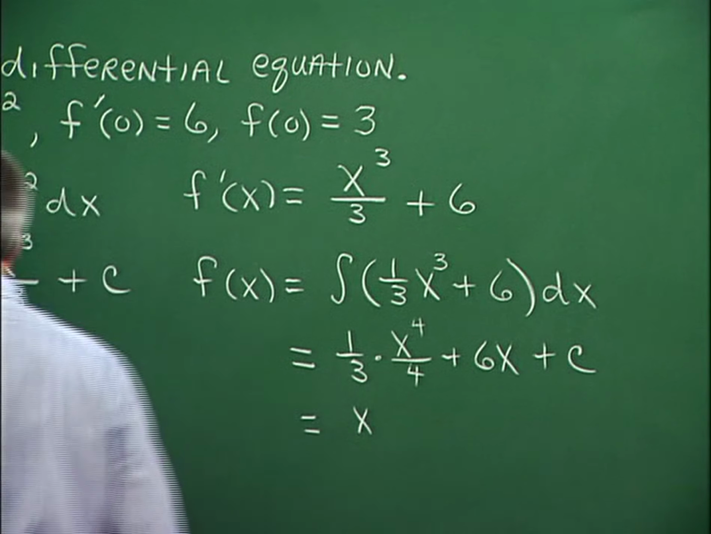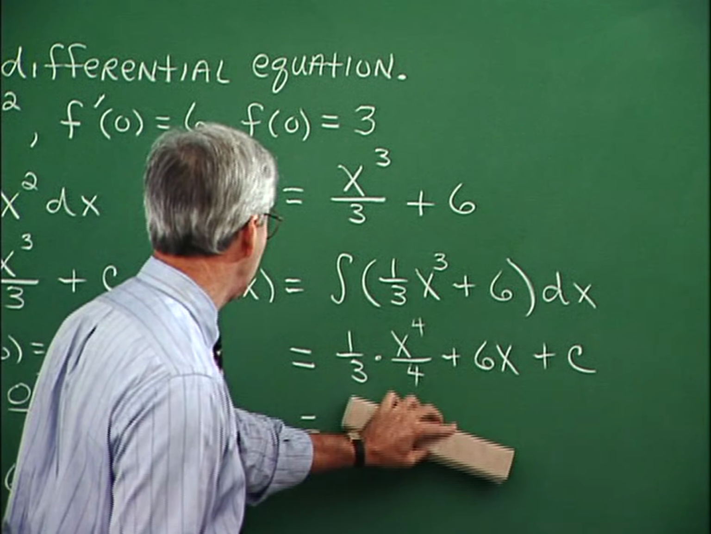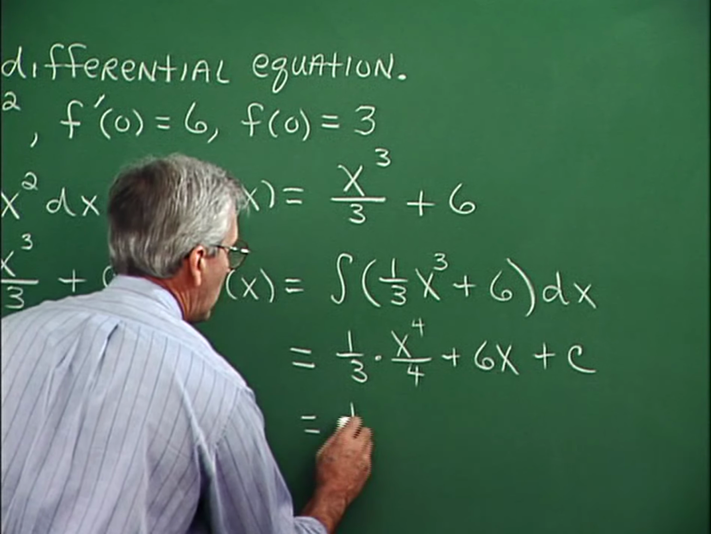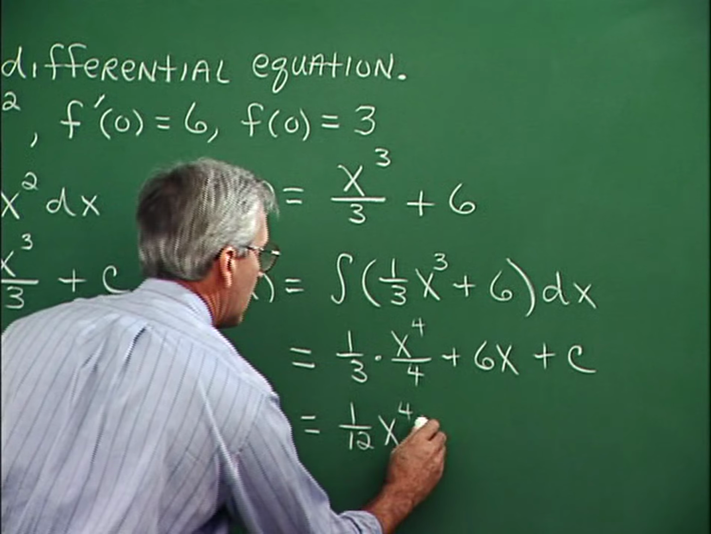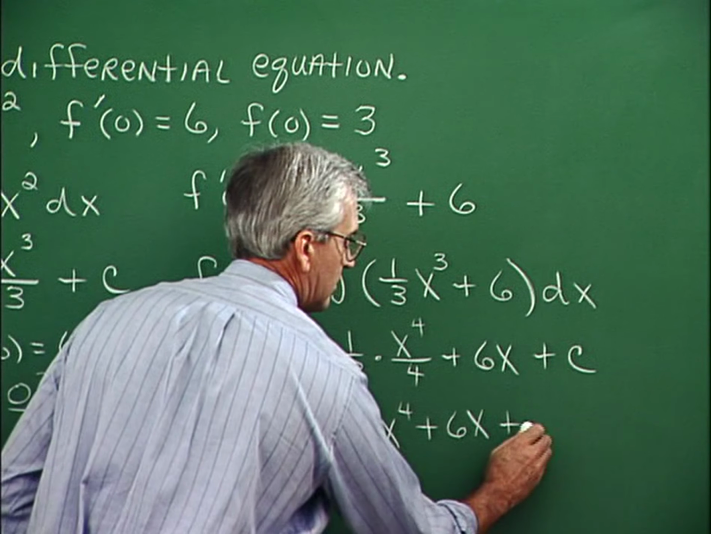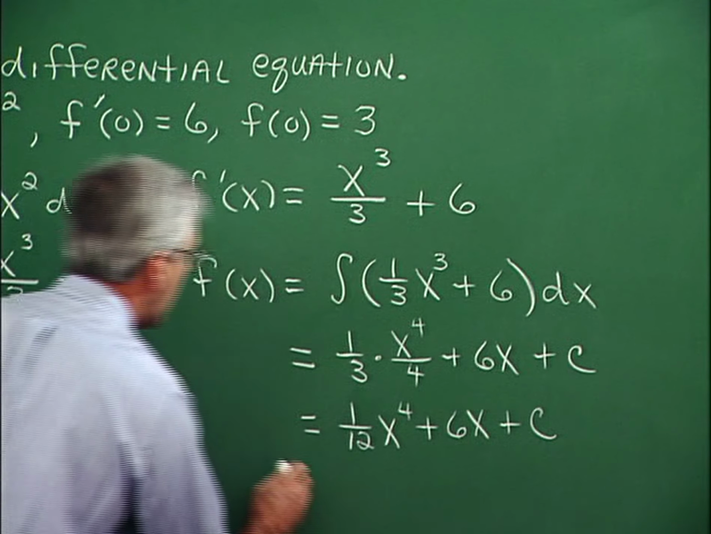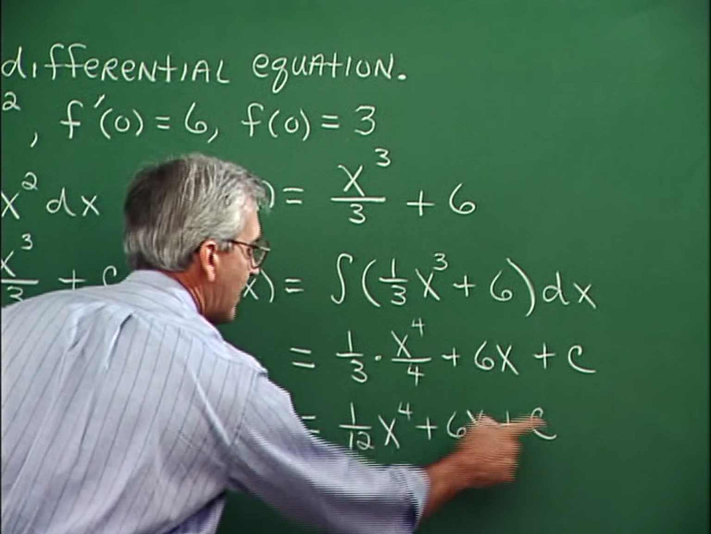And I can clean this up just a little bit. Well, let me write it with a distinct coefficient. I can do it a couple of ways, but I think I want to write it as 1/12 x to the 4th plus 6x plus c. And now that's what f of x is all about, but we can identify the value of c